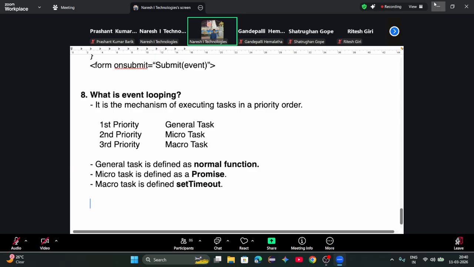You write in any order, but it executes in order. There is a priority of executing the tasks. So that is also important. You should know in which order your events are going to execute the functions. Actually, the general call stack is there. Call stack means first the global function will execute, after that the local function will execute. That's the order it will follow. But these are priority wise. For example, see,